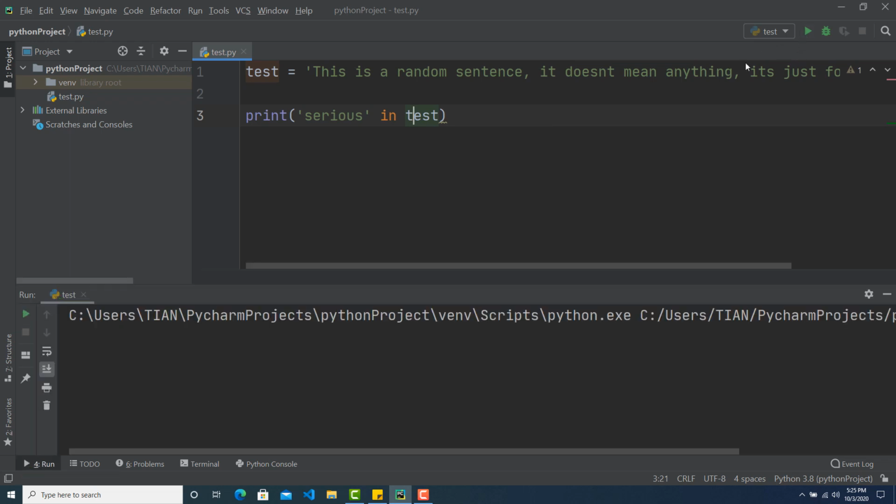So let's run this one, and here you can see this is giving me the value false. But let's try something else. Let's have this word, and let's copy this word and paste it over here, and let's see whether mean is present in test or not. So if I run this test right now, you can see this is giving me the value true, that yes, mean word is actually present in the test, which is, this is a random sentence, it doesn't mean anything, it's